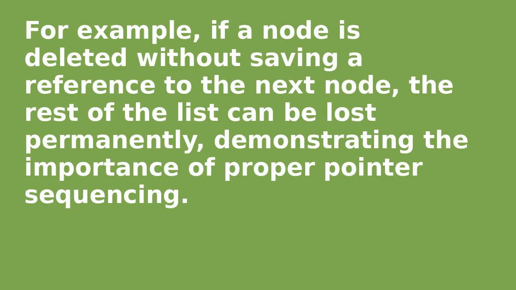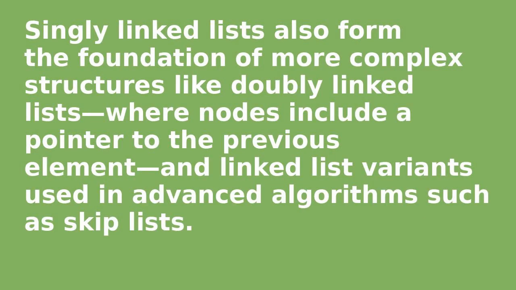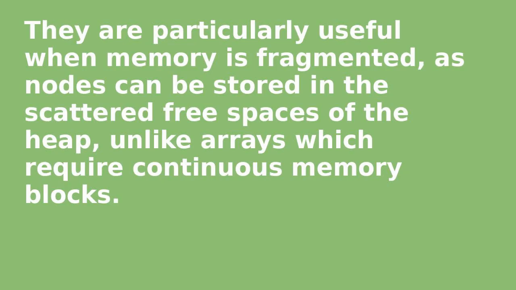For example, if a node is deleted without saving a reference to the next node, the rest of the list can be lost permanently, demonstrating the importance of proper pointer sequencing. Singly linked lists also form the foundation of more complex structures like doubly linked lists, where nodes include a pointer to the previous element, and linked list variants used in advanced algorithms such as skip lists. They are particularly useful when memory is fragmented, as nodes can be stored in the scattered free spaces of the